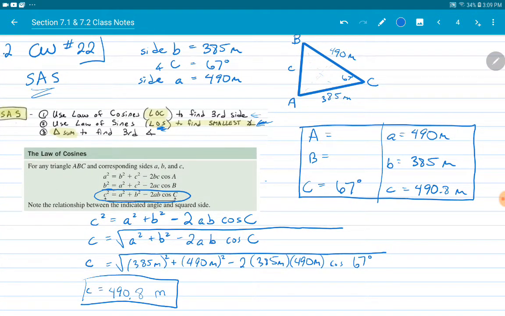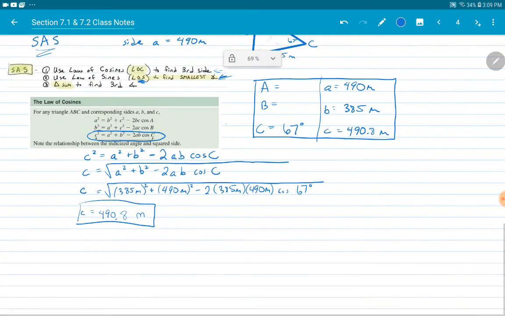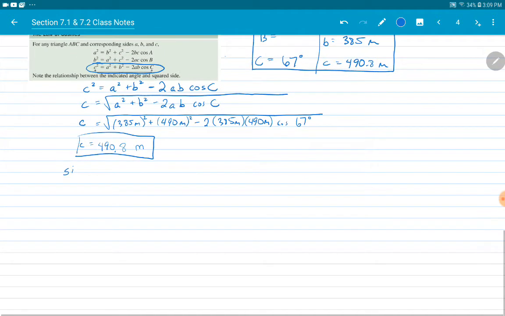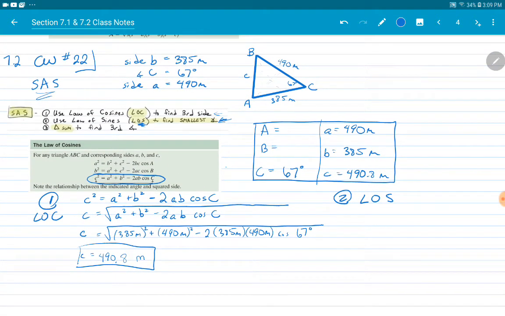Okay, let's see. So that gives me, I guess I'll make everything smaller so I can fit everything. So this was our step 1, Law of Cosines. Our step 2 is to use Law of Sines. Okay, good. Then I can scroll back up. All right, and our Law of Sines to find B, our smallest angle: sine B is to side B, which is the 385,